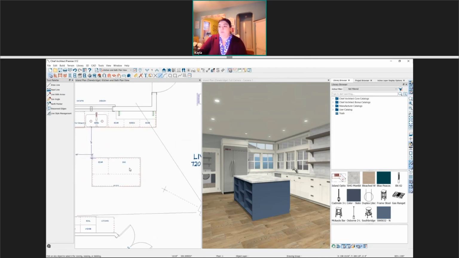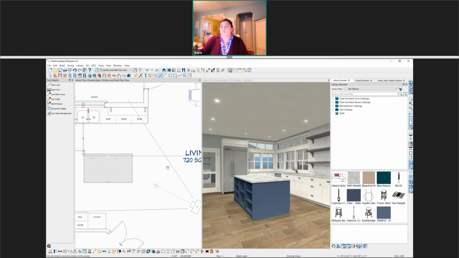But here's the other way, and this is how we're going to do it right now. We're going to go ahead and select all of the cabinets that are currently making up this island. I'm just holding down my control key to select all of those. And then down in the edit toolbar, we have a generate custom countertop is what it's called. So what that's going to do, you can see nothing changed in my 3D view, but what it's done is it's taken this countertop and removed it from the component of the cabinet. So now we have more control over editing the countertop. So you can see it's a polyline just like I was working with before, except it does have 3D data, so we have that custom countertop.